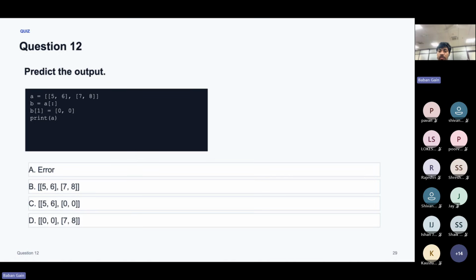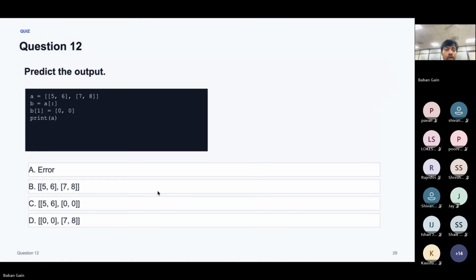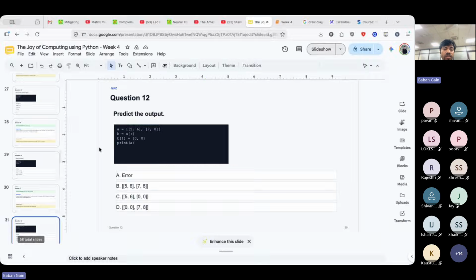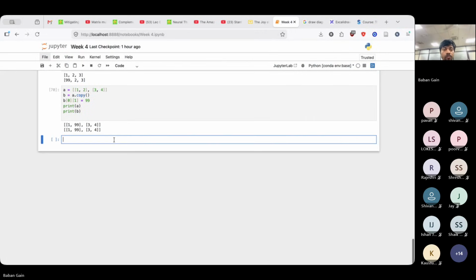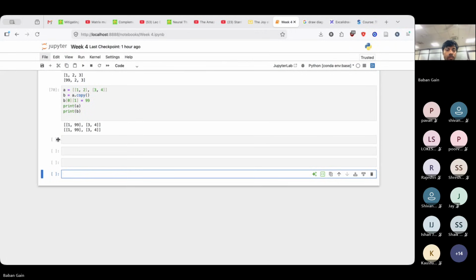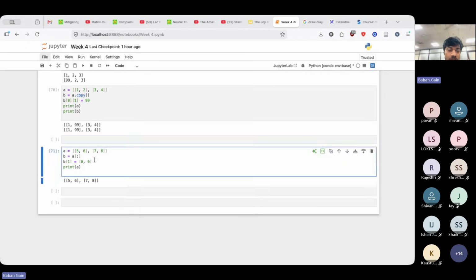Multiple B answers, some C as well. So the correct option here is B. Let me execute this first, then I'll explain. So what is happening here is that